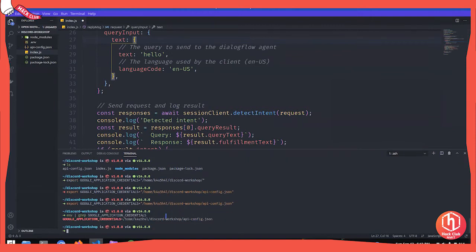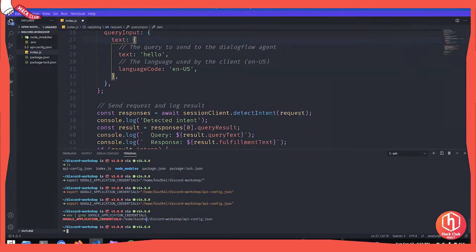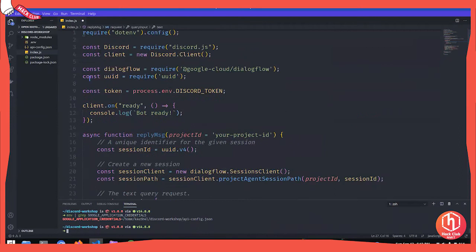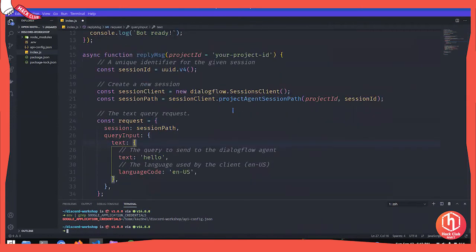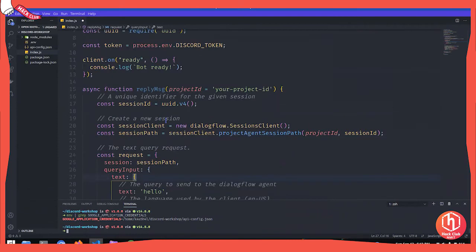Here, I think you have to refresh this session. It didn't work over here, but here it's working properly. So it'll give you an output saying GOOGLE_APPLICATION_CREDENTIALS equal to whatever file path is set. If you get this output, that means your file path is correctly set, so you have nothing to worry about. All right. So now Dialogflow will authenticate itself.